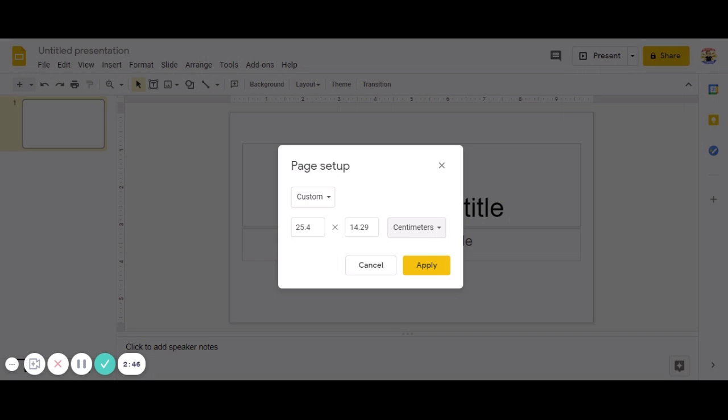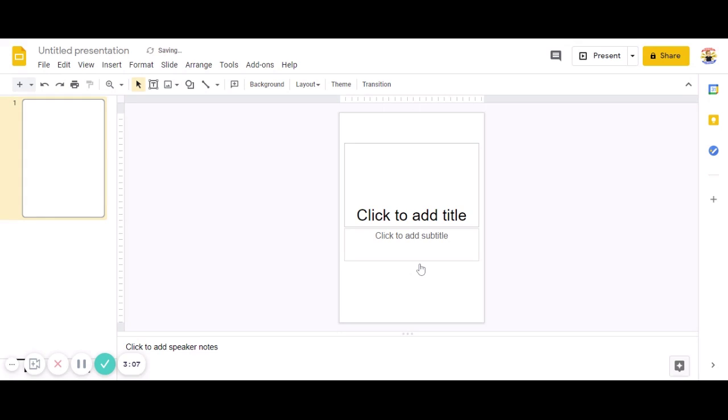So I'm going to create an A3 piece of paper here. So I'm going to go, and I've Googled this because I don't know the exact dimensions, but it is 29.7 centimeters by 42 centimeters. So I'm going to type that in just as it appears on Google, and I'm going to press apply. Now, this has given me a portrait-sized A3 piece of paper that I can now use for